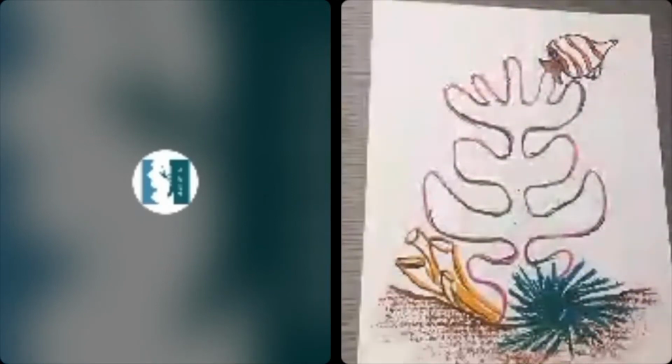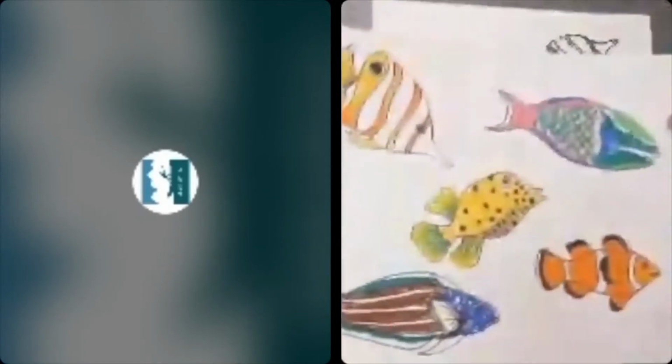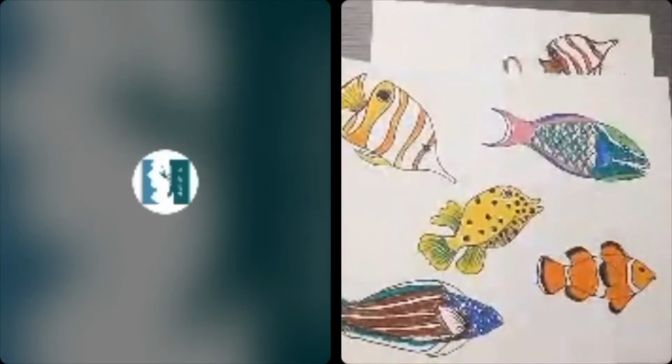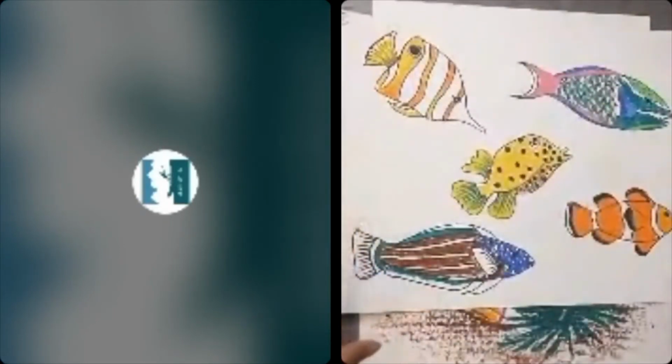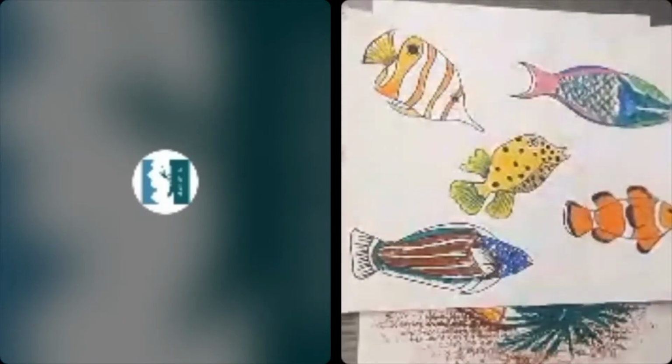So if there are any specific parts that you'd like to follow, this is what you can do. Don't feel intimidated or restricted by these fish colors. You can just use whatever you'd like on your own also, for all of you. Okay, we have caught up now.